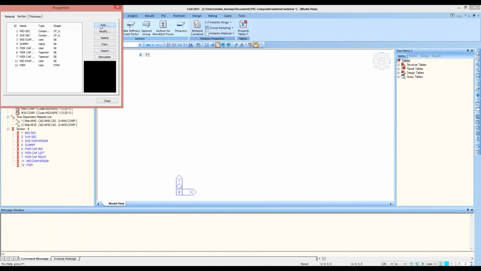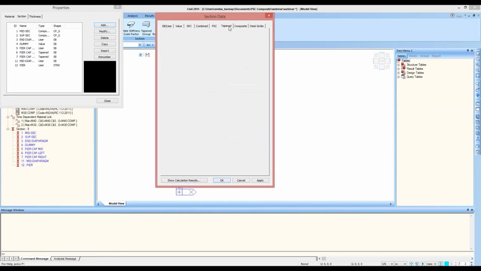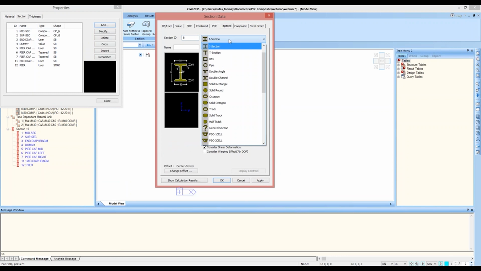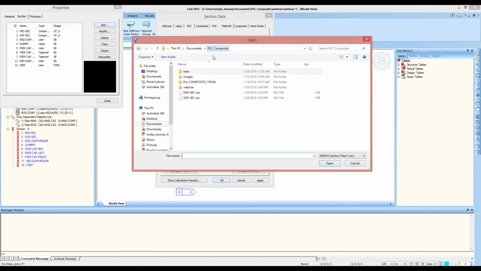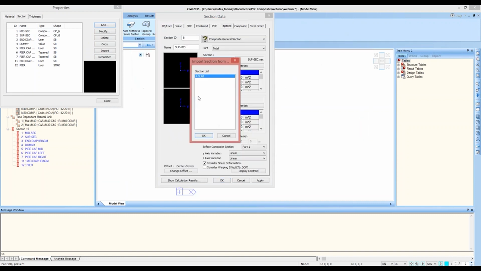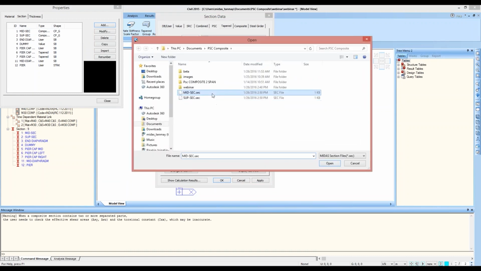Now let me define the tapered sections. For doing that, I'll go to the tapered tab and select composite general section. And now first of all, I'll define support to mid section. For the I end, I'll import the SEC file as support section, and for the jth end, I'll import the mid section.